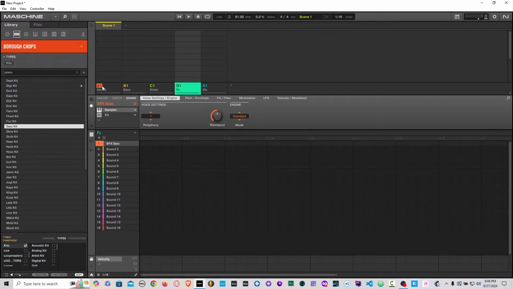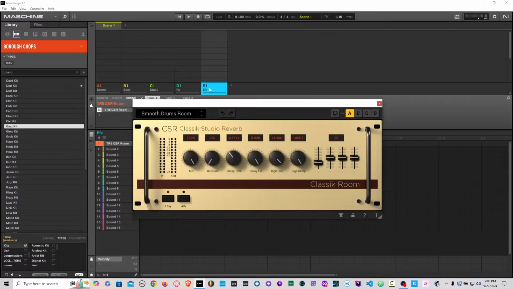And so you can go here, you've got the groups, you can mute them. If you right click on the letter and number, you can solo. So this pad does nothing, but you can still mute it. That's a solo, but you can still mute it and it takes off the